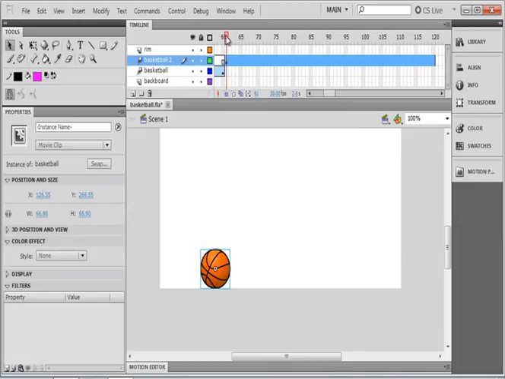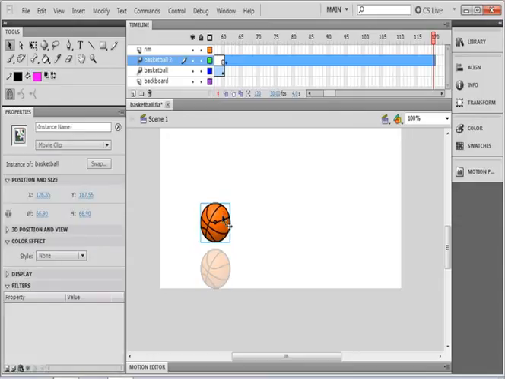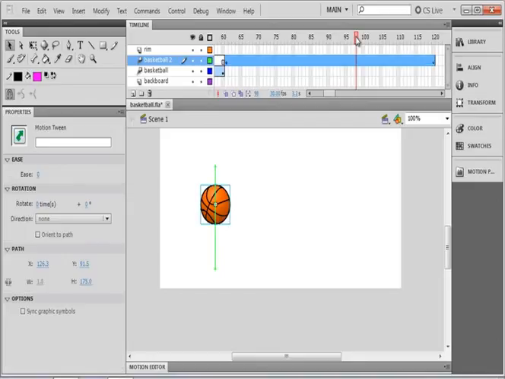and I'm going to animate it moving up into the air as we go forward in the animation in time. I'll put my playhead at the end and just drag the ball upwards. And we have a very simple levitating ball. We can use our motion editor on any motion tween, so let's take a look at what it shows us